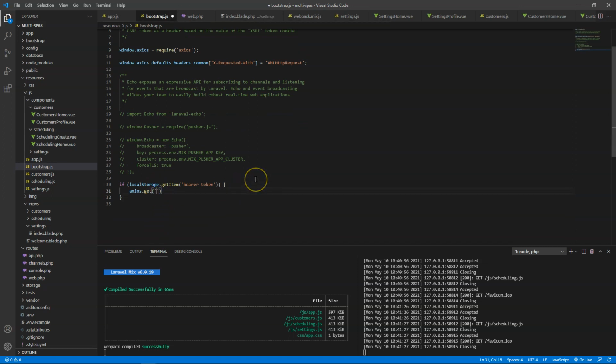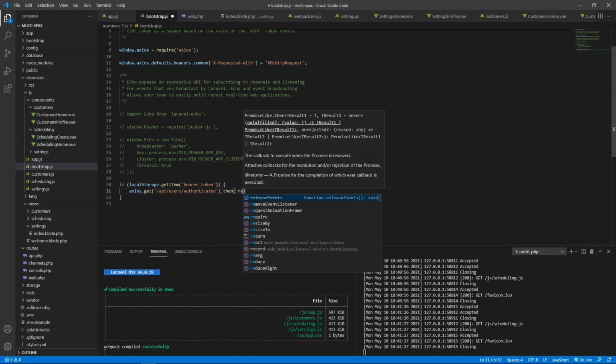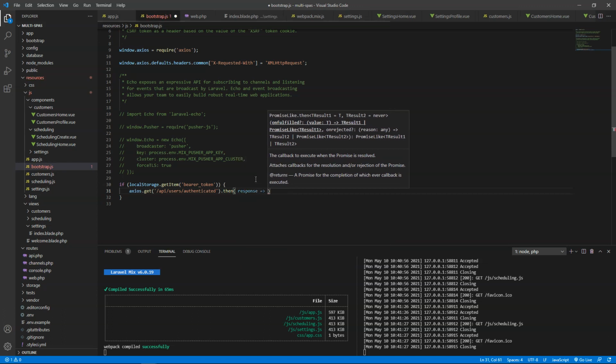And then in here, you might have like, API / whatever the API route is in that. You put in here, and you might say, users authenticated, and then, if it's all good, right,